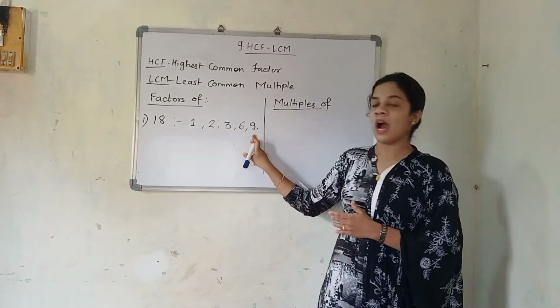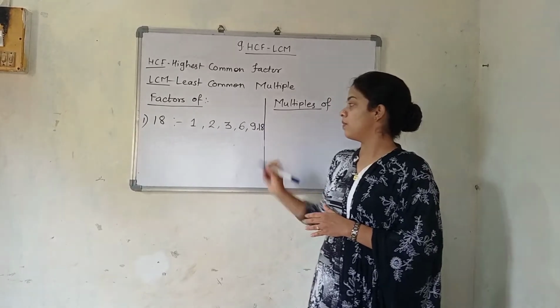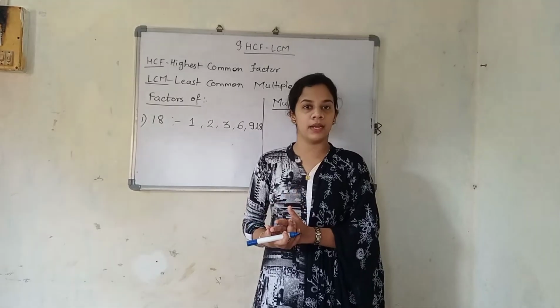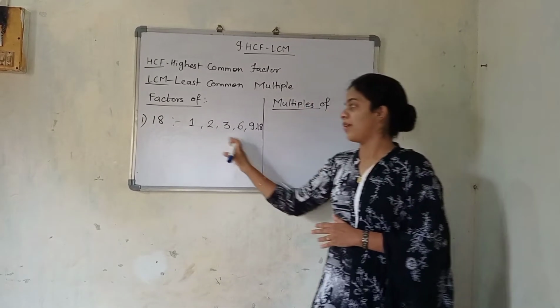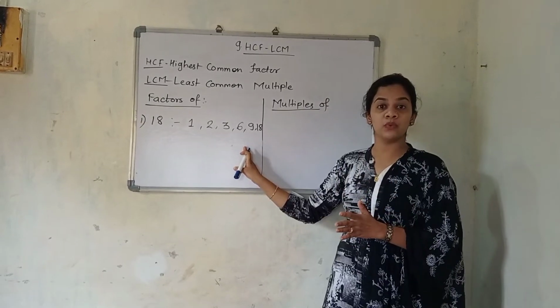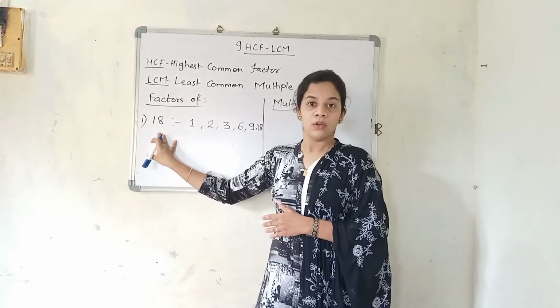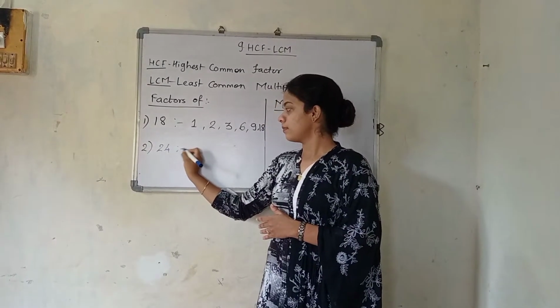And when you reach the half of the number, directly see that your next number will be 18 itself, because 18 always comes in 18's table. 18 1s are 18 and 1 18 is also 18. So these are the factors of 18. Factors means what? In this particular table 18 occurs. So we will see the next example, that will be 24.